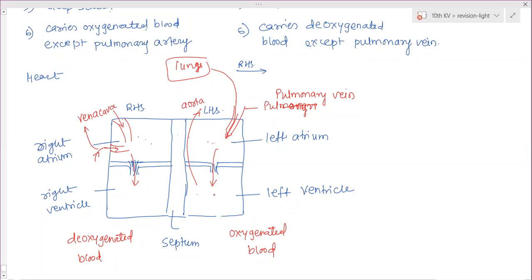The blood from the left ventricle moves to the aorta. This is oxygenated blood, so it has to be supplied to each and every cell. So it will be pumped into the aorta, a funnel-shaped, bigger, thick structure which receives the blood, and then it will transport it further to arteries. Arteries get converted into arterioles, and with the help of arterioles it is transported to each and every cell of the body. And from the right ventricle, this is deoxygenated blood. So with the help of the pulmonary artery, it will get transported to the lungs. So here, this is the pulmonary artery.